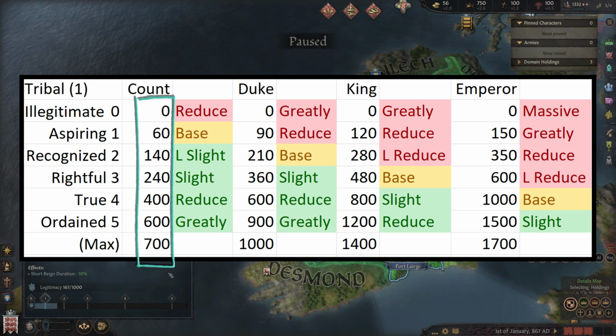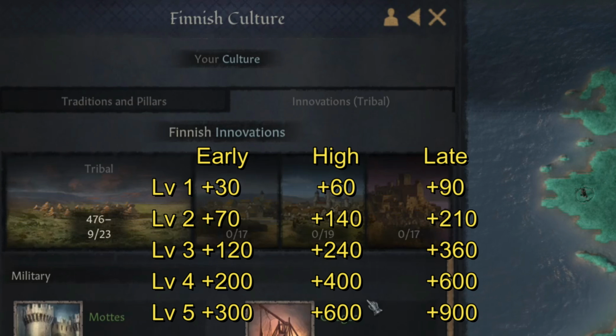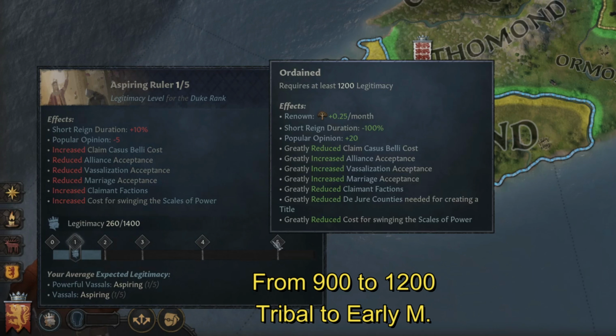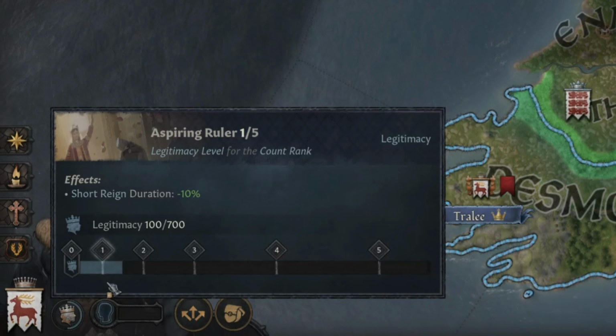Each level has a certain value of legitimacy needed, and this value increases for every rank increase and also for every era your culture has discovered. Note that the legitimacy requirement changes immediately if you change your culture from a lower era to one with a higher era. If you have vassals, you will see an average expected legitimacy down here, and this icon here will correspond to the highest level needed, versus if you have no vassals, nothing will be listed down here and it